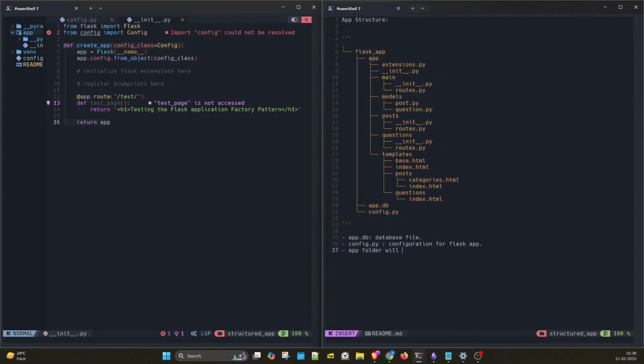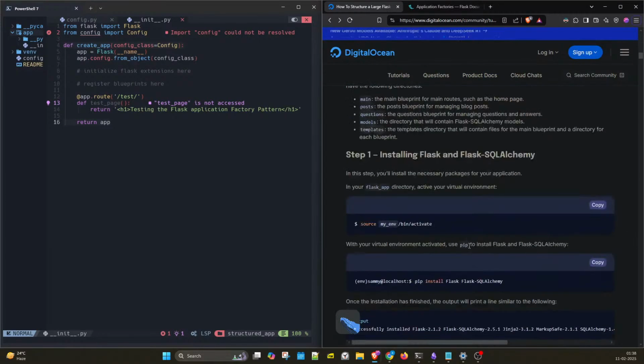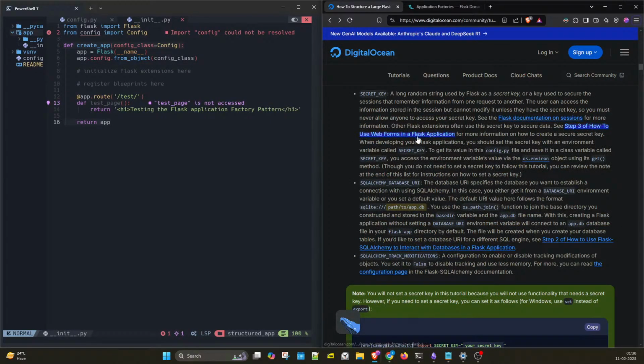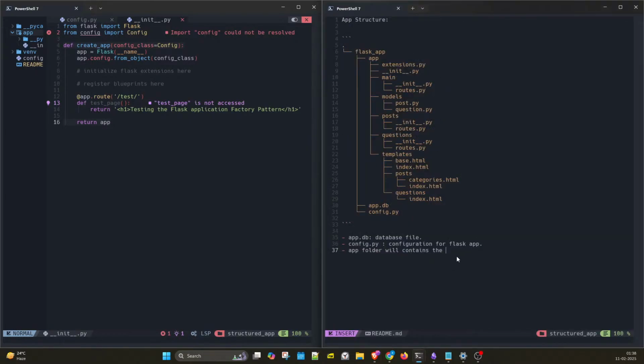The app folder will contain the main Flask application, the Flask app factory registration code in __init__.py,